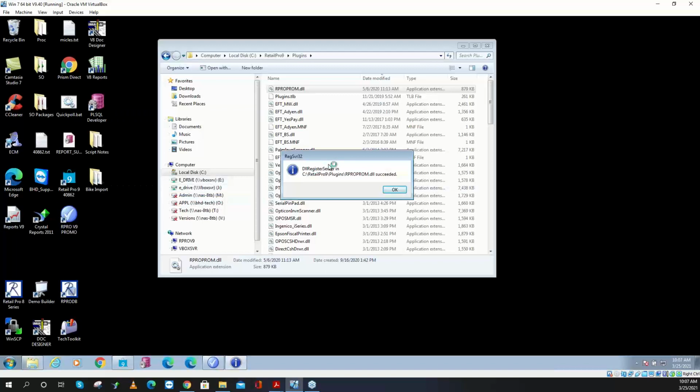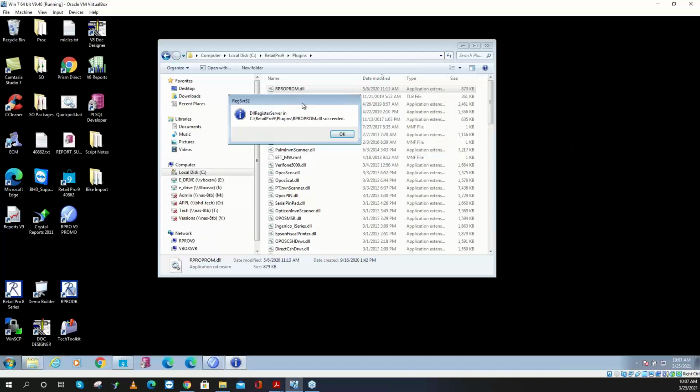And then you click OK, and it registers successfully. If it does not register successfully, if you don't get this neat little confirmation, then you may not have high enough user rights. So what you could do, if you wanted to,